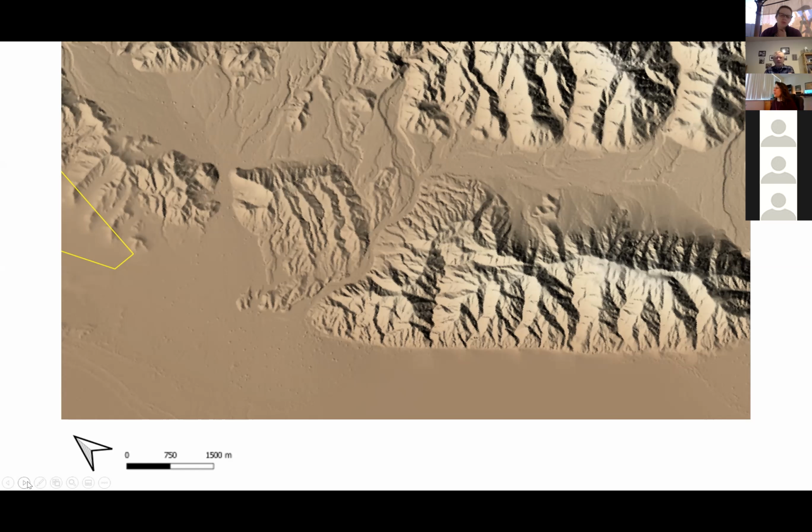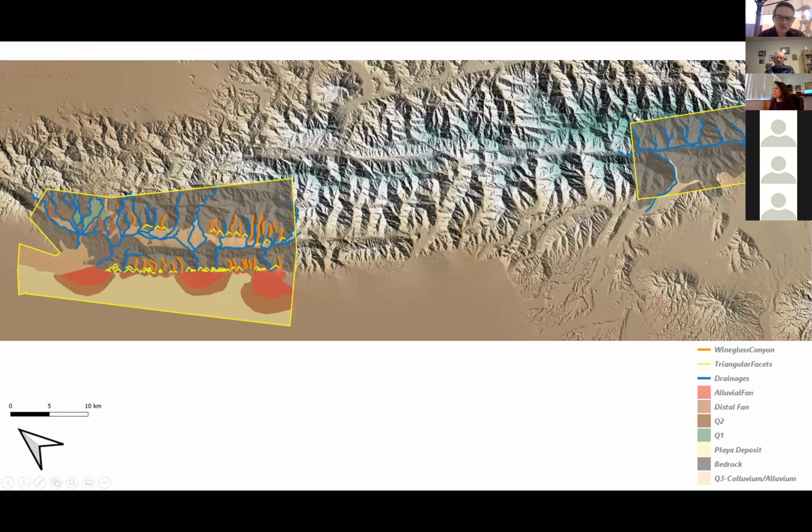Looking at my workflow and zooming out so we can see both of the areas, I started with a geomorphic map. Using those aerial images and flipping through all of the maps of the DEMs, hillshades, and slope maps, I tried to get a really detailed geomorphic map because there were such nice geomorphic features at EMC that were so clearly visible. So I mapped out all those alluvial fans and the drainage networks, and then tried to see where I was seeing some neotectonic features such as deflected drainages, some potential offset fault scarps,